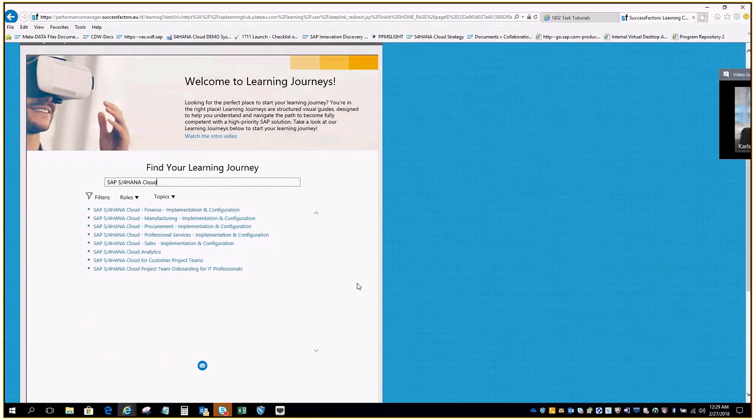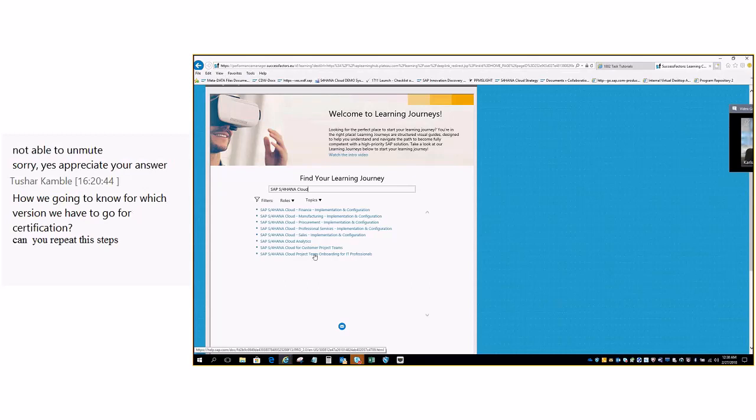Even my typing is slowed down. Just type in S/4HANA Cloud or SAP S/4HANA Cloud, and you get all related journeys for S/4HANA Cloud: the LOB journeys, as well as analytics, and the customer project teams. This is for key users if you are a customer, and for the IT professionals, you would